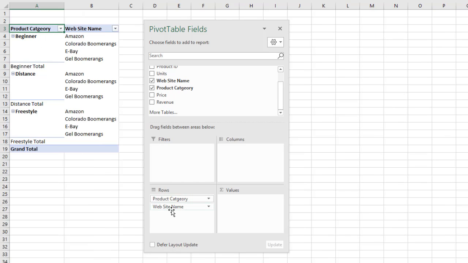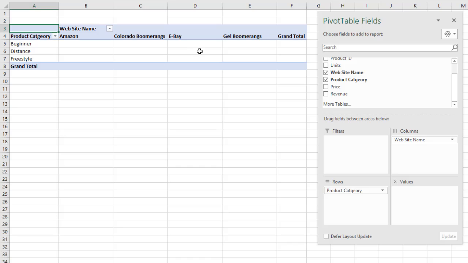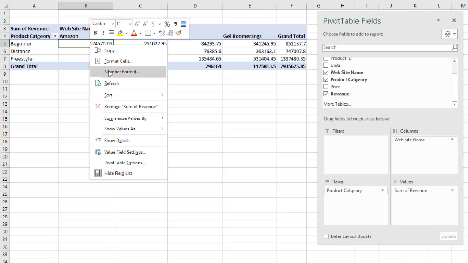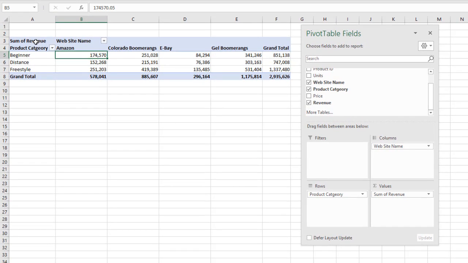I made a mistake. Website's supposed to be over in columns, so I'm going to pivot the pivot table. Now I get my cross tab. I drag revenue down to values. Right click to add number formatting. Something like number, comma separator, 0 decimals. Click OK. Up in the title, I'm going to come up to the formula bar and indicate the unit and